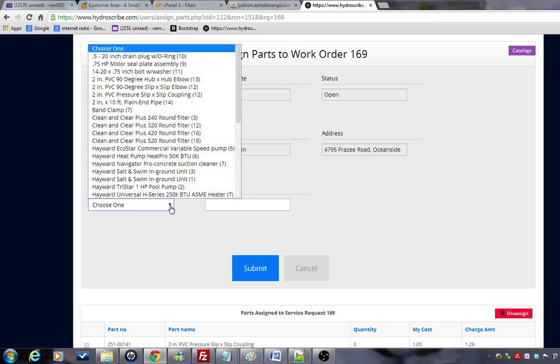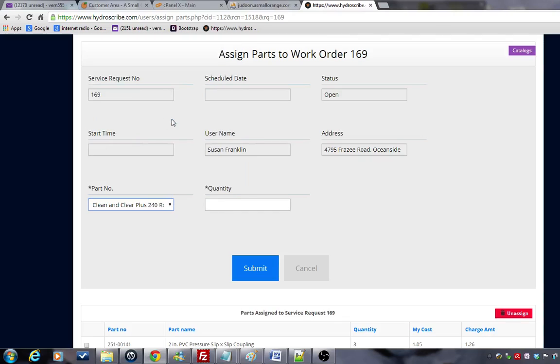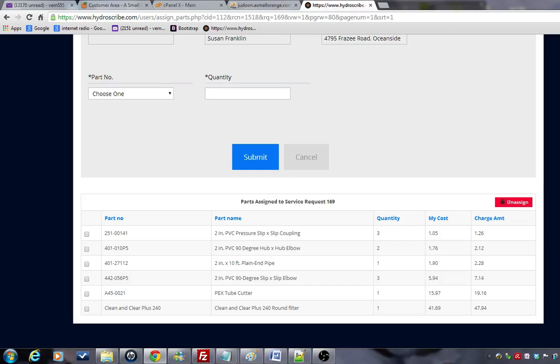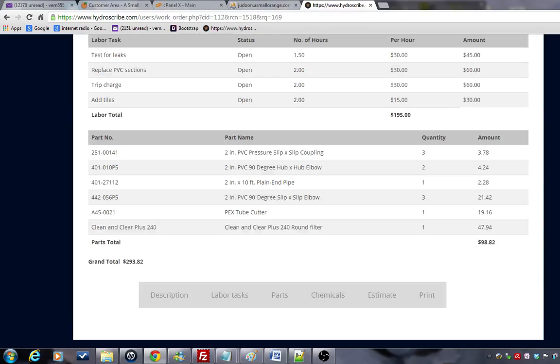So we select a part number, and I'm just selecting something for example, and select 1, and you click the submit button, and it will add the part below. You see it here. Now you click the cancel button, and you can do the same thing now for chemicals. You can add your chemicals. When you're done, you can click the estimate button